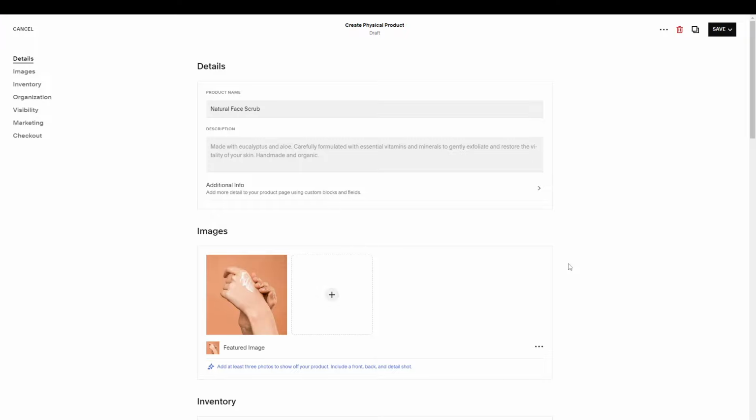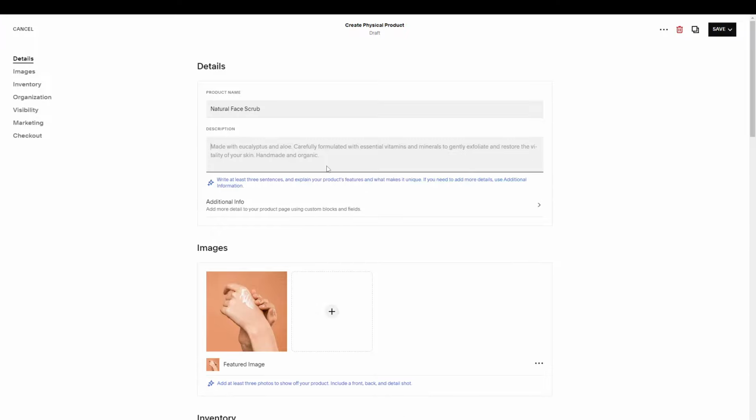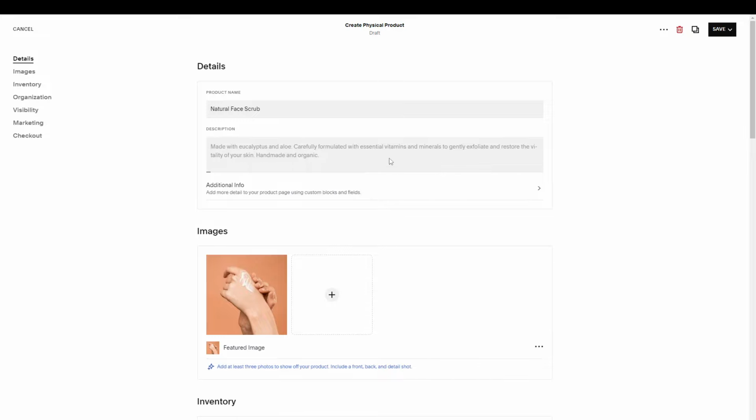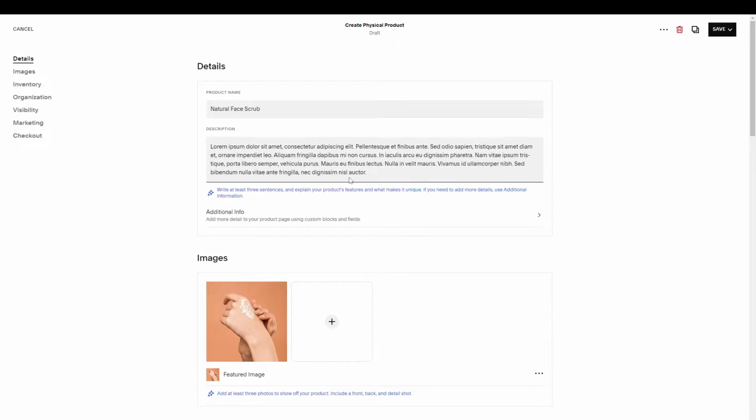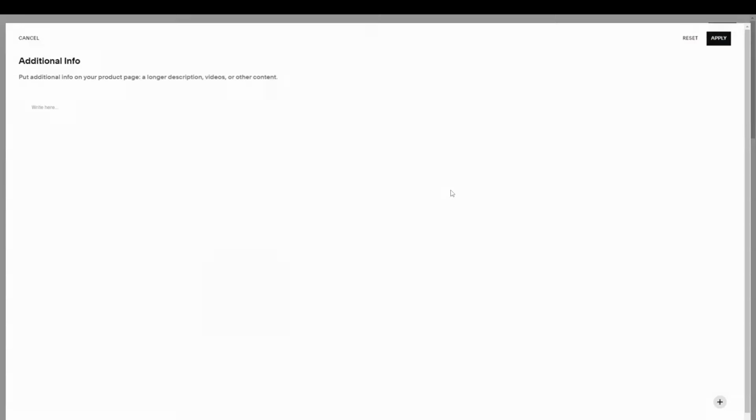And now you want to add more details. So you want to add things like a description, and you want to make sure that the description is accurate with everything that you need as well. You can see a little placeholder description being added in the meantime. And just a general product description, and you can type it in here or you can paste it in. You can add additional info, and this can be things like